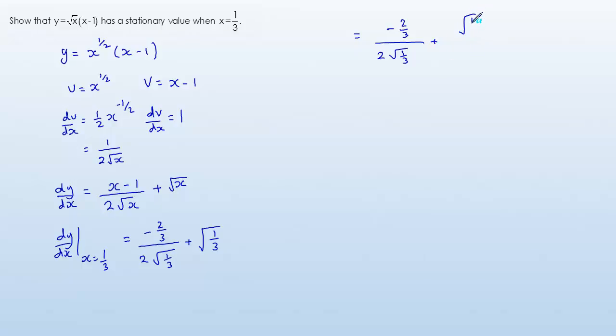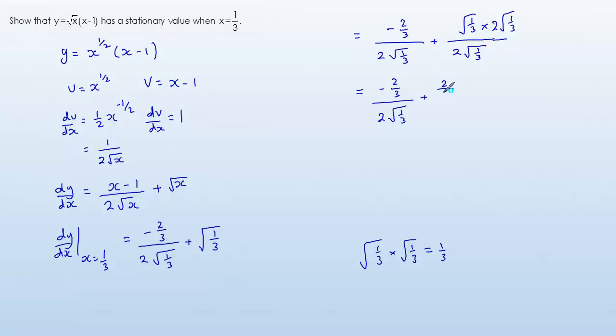So if we've got root 1/3 and we want to put it over a 2 root 1/3, then what we need to do is multiply the top by the same thing, so 2 root 1/3. So that's negative 2/3 over 2 root 1/3, and then if we expand out here, if we've got root 1/3 and we multiply it by root 1/3, we get 1/3, and then we're multiplying that by 2, so that's 2/3